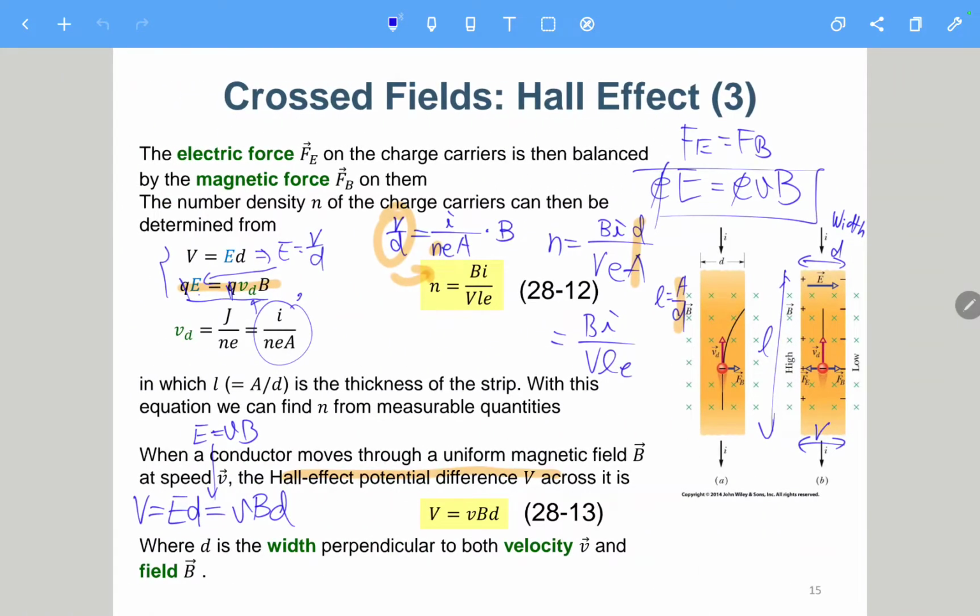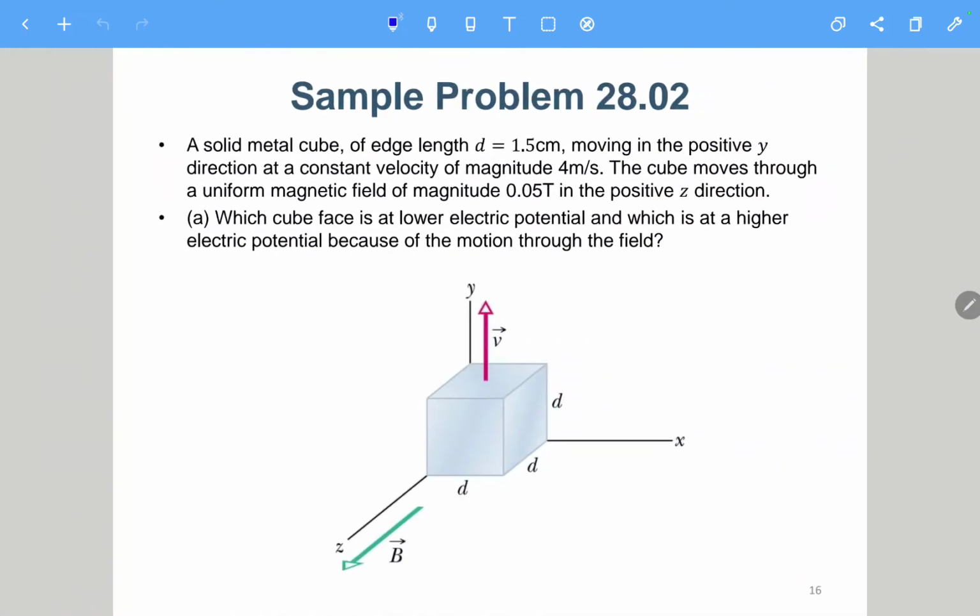So it is slightly different from this case. This case is like you provide some potential, then there will be some current. And then if this wire is inside the magnetic field, there will be some electromagnetic force, and they're balancing, so that it will generate a Hall effect potential difference. In this case, we don't provide any potential difference, so at the very beginning there will be no current,